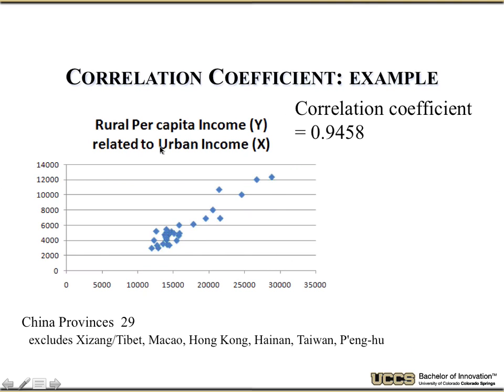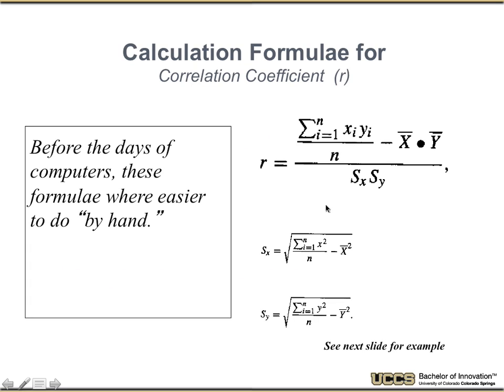If I looked at correlation coefficients, this is data from China, rural per capita income related to urban income. You look at the two different incomes, and you'll find there's a very strong correlation across the different provinces. So the question for these people isn't urban versus rural, but which county do you live in? Rural counties, urban counties, there's a relationship between them. So there are all kinds of correlations that exist. I don't think there's any reason to believe they're causal. They're just relationships.